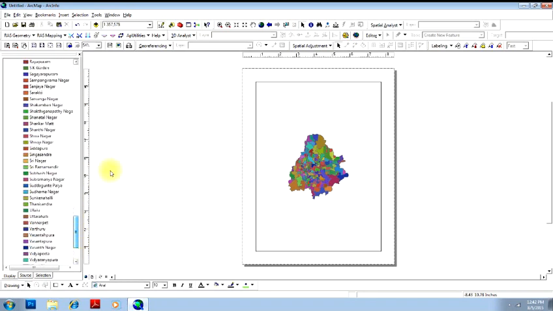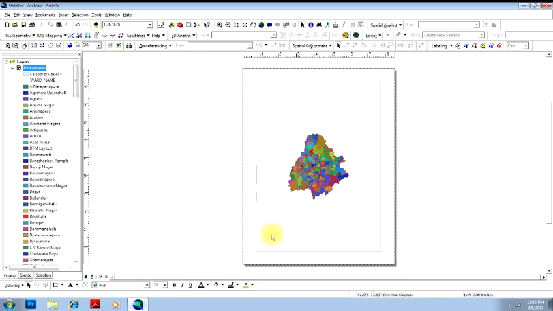Whereas in a map generally you have different elements. Here you have only this one. All the remaining things we have to add to the map. So let me explain how it is. Once you have clicked on the map layout view,